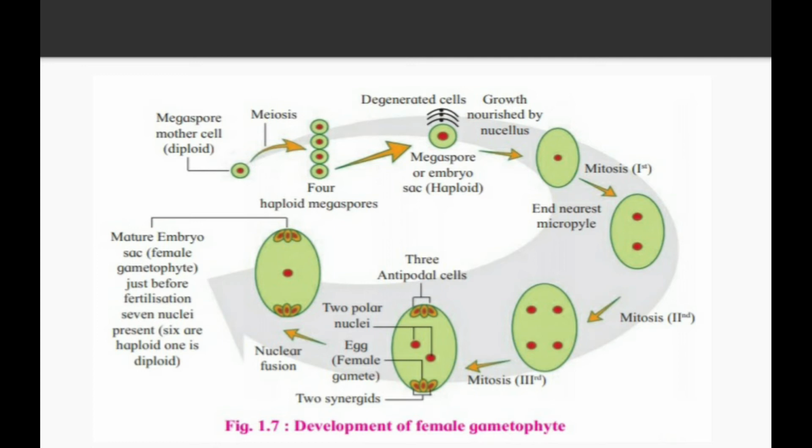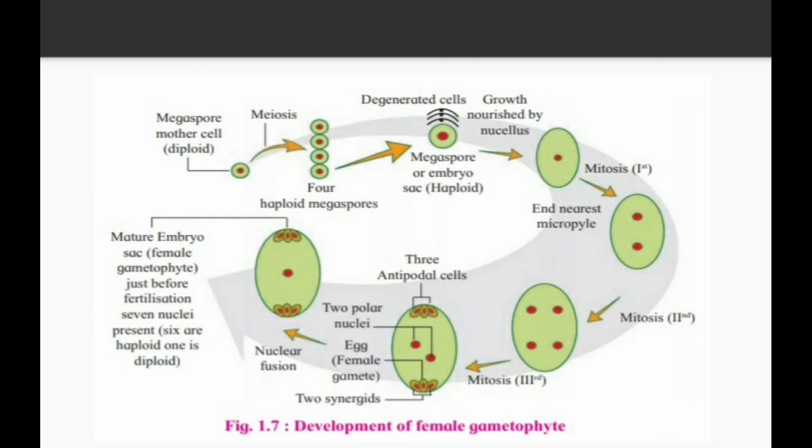The megaspore mother cell undergoes the meiosis process to form 4 haploid megaspores. But these 4 megaspores do not all develop correctly, or you can say they are not able to survive. Out of the 4, only one cell is going to survive. It is said to be the functional megaspore, or embryo sac. The remaining 3 degenerate. Whatever 4 cells are created by the meiosis process, only one becomes the functional cell. The remaining 3 cells degenerate.